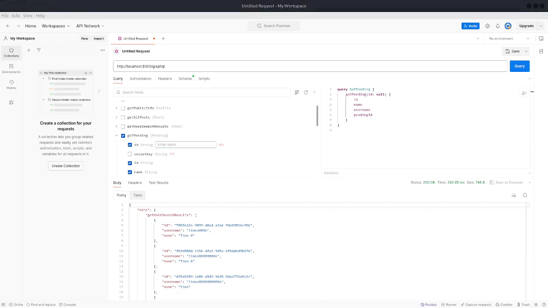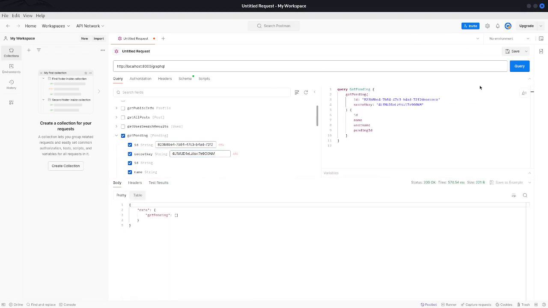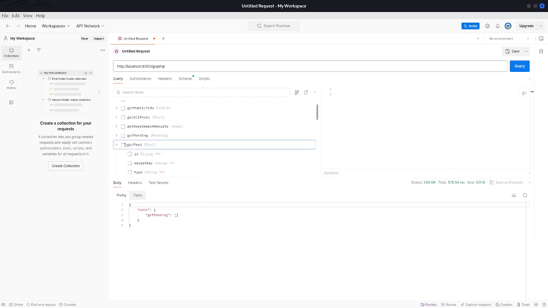In get pending, we have, I'm sorry about this, we will not have anything. I think we are going in with our old version of the API keys because for now we have not updated them. However, we will be updating them shortly. If we were to get the user's feed,